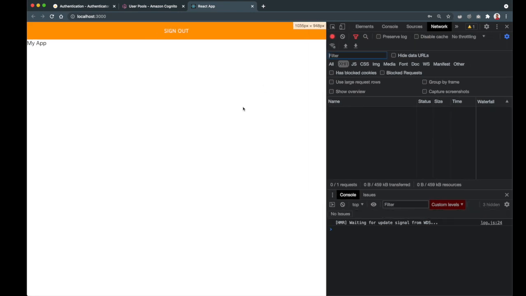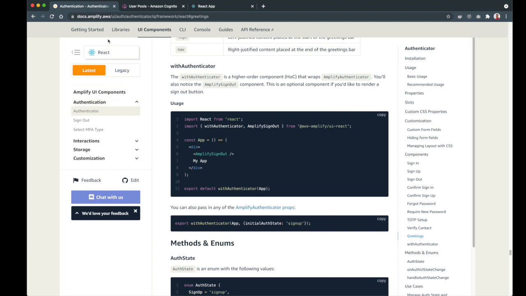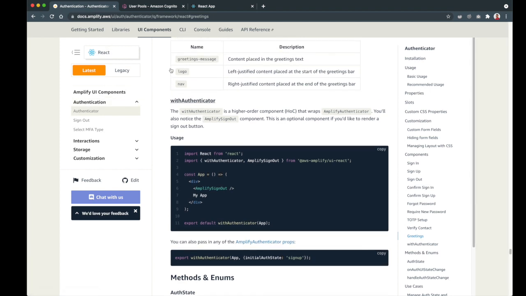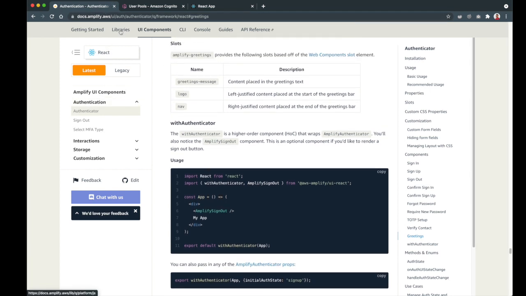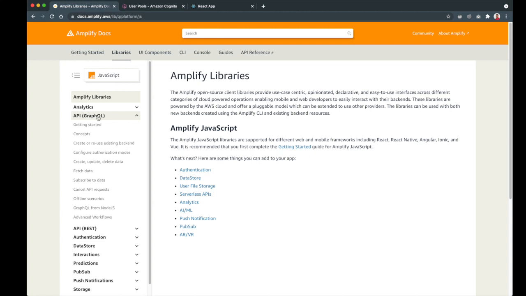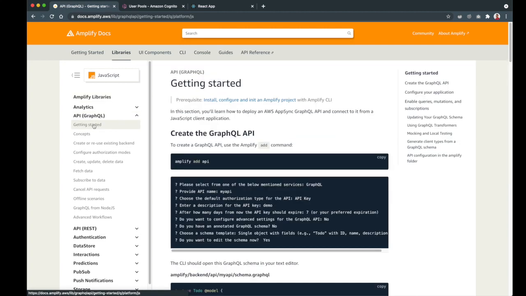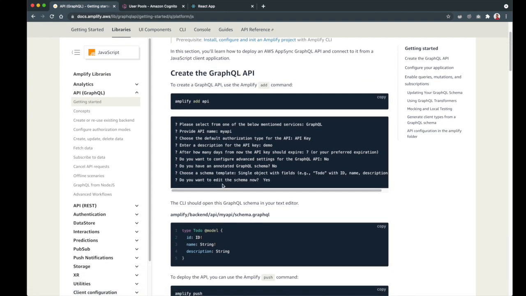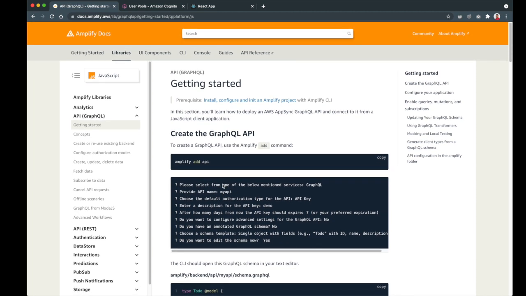Next, we need to configure our AppSync API. Now for that, I will go back to the libraries section in the Amplify documentation. I'll click here, and then I will select the API, GraphQL section. I can click getting started, but here it talks about how to use the Amplify CLI, but what I really want is the reuse of an existing backend. So I'll click on here,